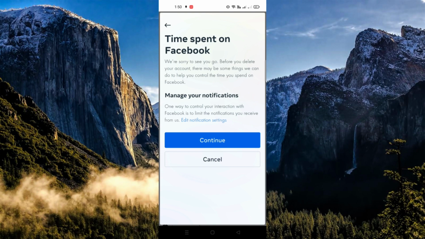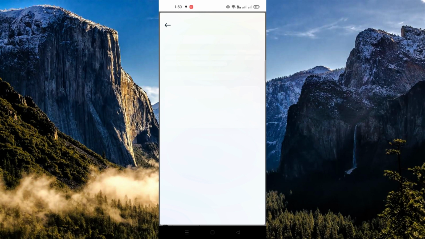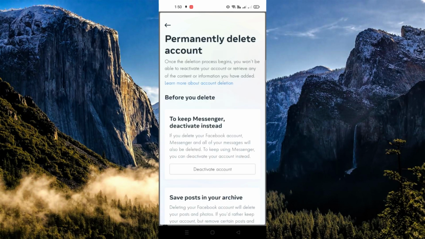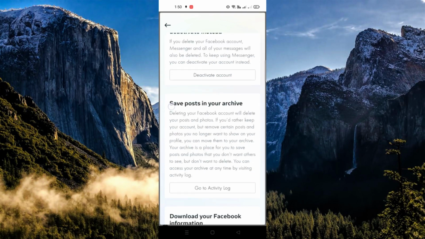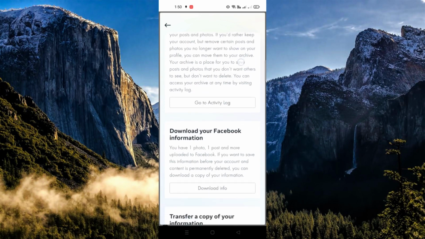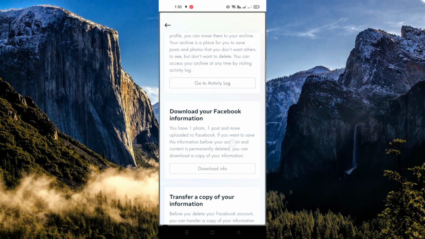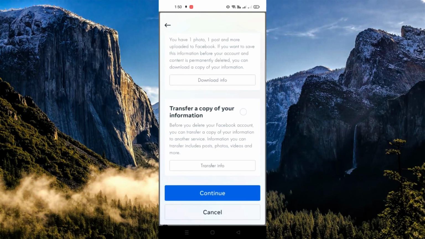Then after that, before you permanently delete the account, it asks you if you want to keep your Messenger account instead, or if you want to save the posts that you have on the account, or download your Facebook information, or even transfer a copy of your information. But if you don't want any, you can just go ahead and click on Continue, and you'll need to re-enter